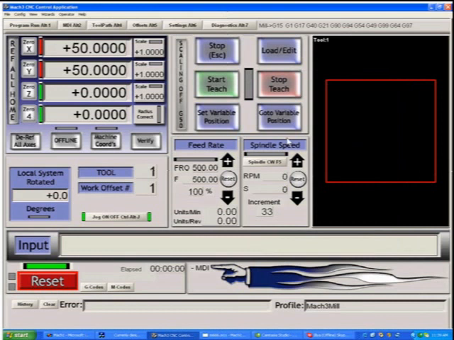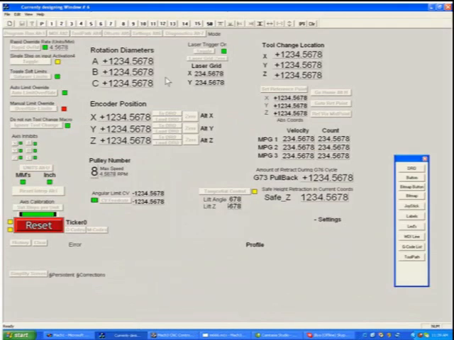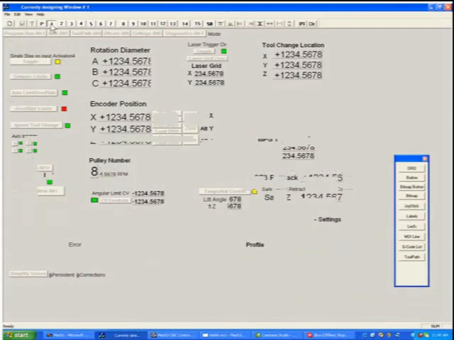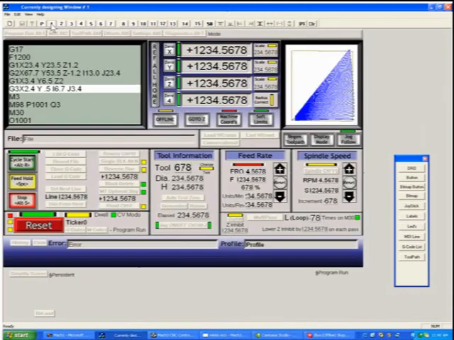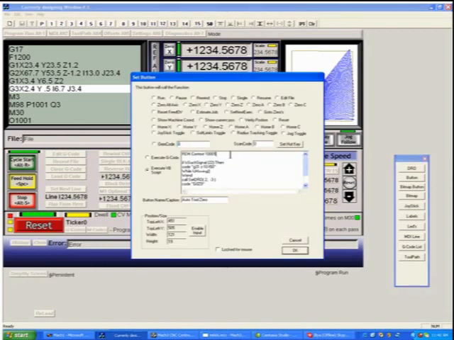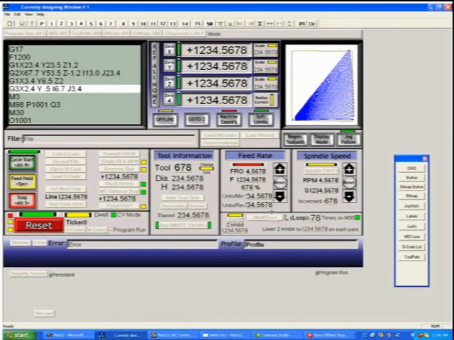In the case of buttons, a lot of the buttons can be modified to do what you want them to do. If we take a look at the screen designer, and we take a look at any of the pages, such as page 1, for example, you can see here that we have an Auto Tool Zero button. By double-clicking it, you can see that it has a simple script in it. You can modify this script to zero your tools to a touch plate or some other such device. And you'll get pretty handy at that if you practice with the Visual Basic Scripter and begin to understand what